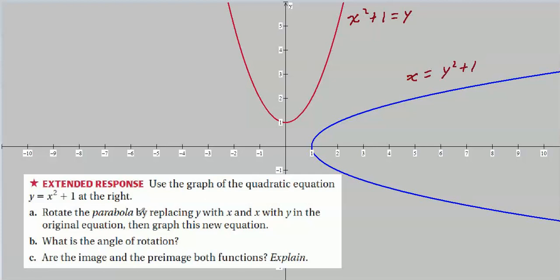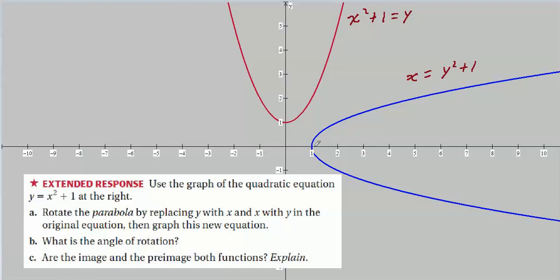Well, we didn't know that replacing x and y was going to be a rotation with respect to an equation, although that is one of our, but this certainly looks like a rotation. It looks like we rotated, let's take the point 0, 1 all the way to the point 1, 0,